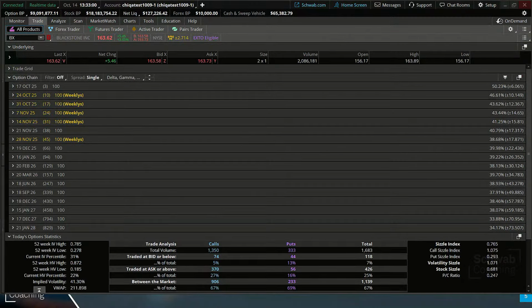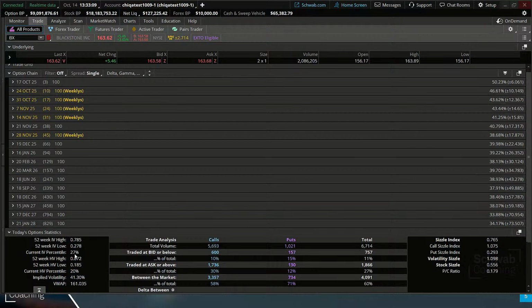Let's go to the trade tab and take a look at which one we're going to choose here. First, we can see the IV percentile while it's still elevated. So keep in mind we have upcoming earnings announcements taking place. We see an increase in implied volatility with that support bounce. That IV percentile is only 27, so we're still almost in the lower fourth of where implied volatility has been over the last year or so.